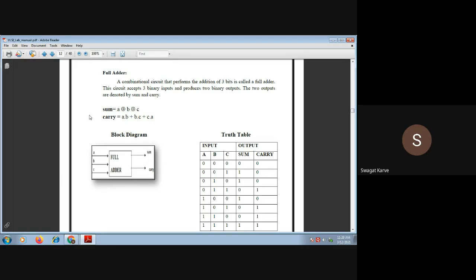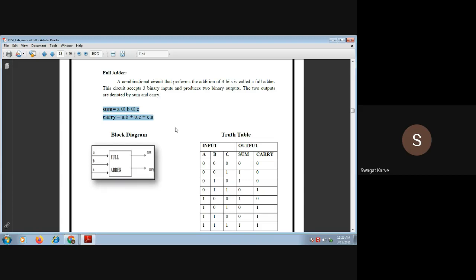Now we have Boolean equations for the sum and carry in the case of full adder also. What is the sum equation in case of full adder? A XOR B XOR C. That means the XOR of A, B and C in will give the sum output. What is the equation for the carry in case of full adder?